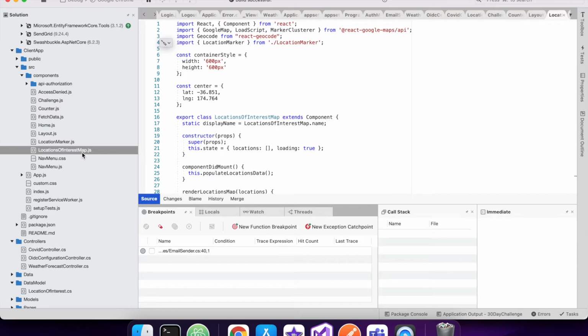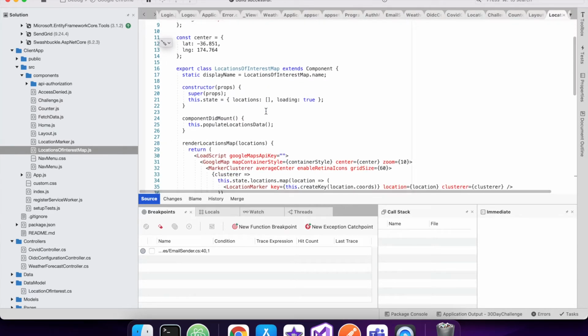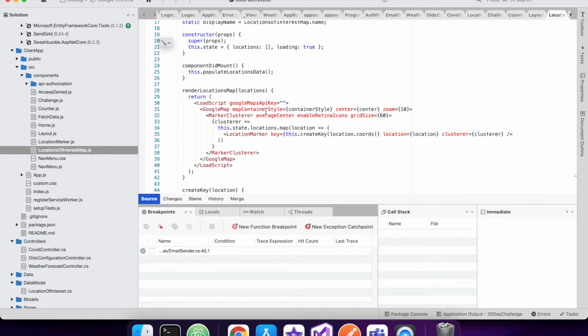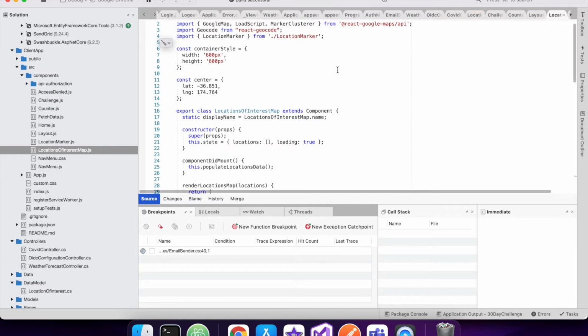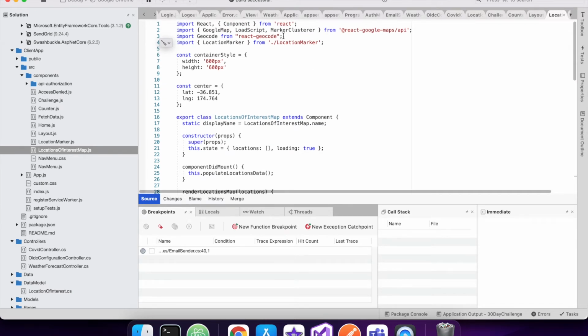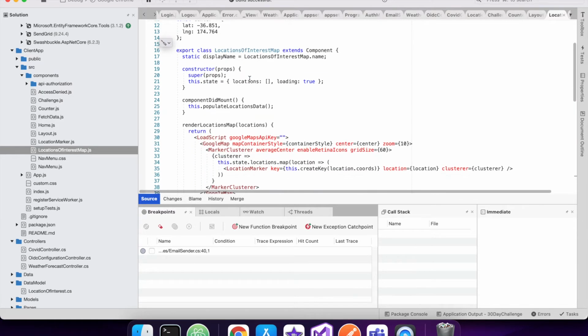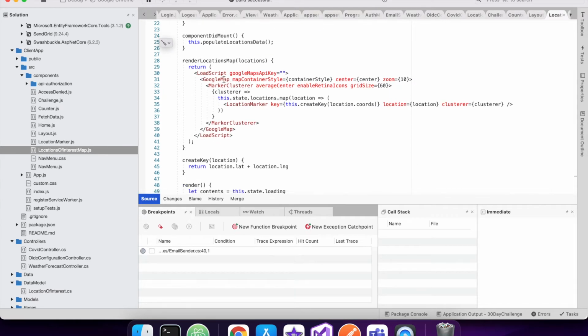I had to connect to the Google Maps API, and I used this library, React Google Maps, which is a pretty comprehensive Google Maps port to React. And I also use React Geocode to convert from address to latitude and longitude. So this is my setup of the map. It's all covered in the React Google Maps documentation,